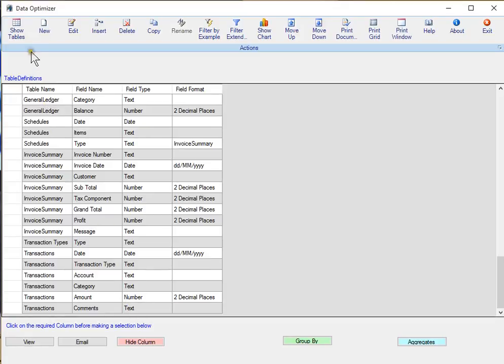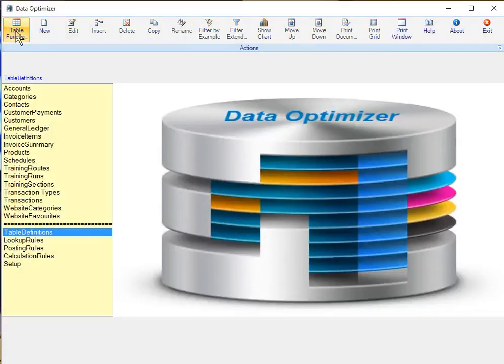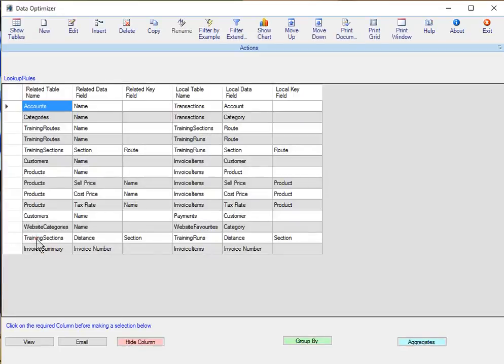So if we just back out of that for a moment, what we need to do now is start defining some relationships. And first of all, we're going to define some fields as being lookup fields within that transactions table. Now I've already created tables for accounts and categories, and because these have already been created, we're just going to go through and start to work with lookup rules for starters. And these by the way are existing lookup rules, so they will serve as a cross-reference for you